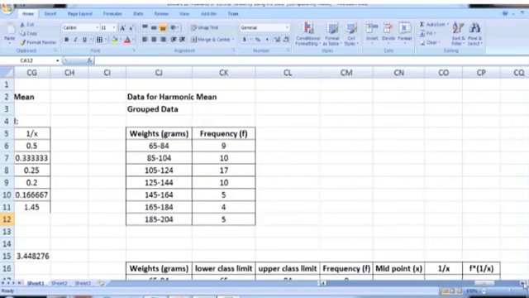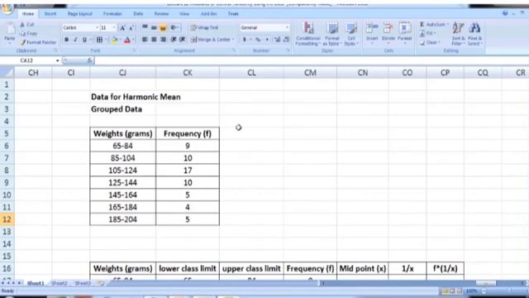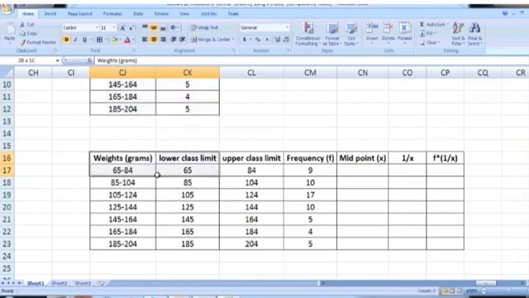Next we discuss how we can calculate harmonic mean for the grouped data. Again consider the frequency distribution of weights in grams of different students. Here is the data: weights, lower class limits and upper class limits, and the frequencies.